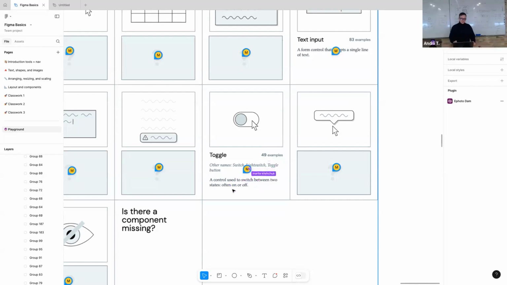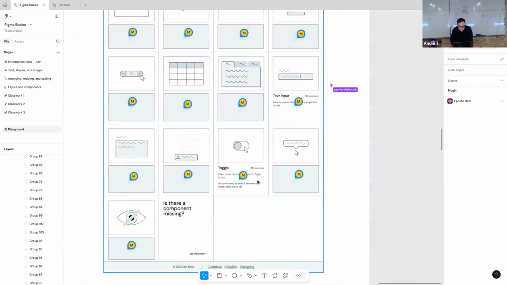Yeah, this is like switching between different states, something on or something off. Also a very popular element. Okay,